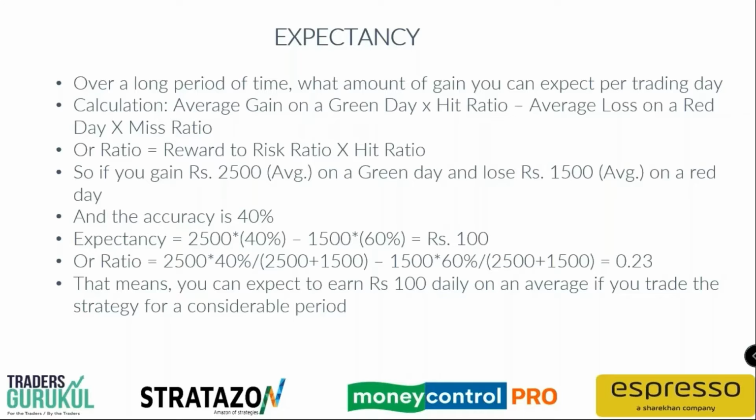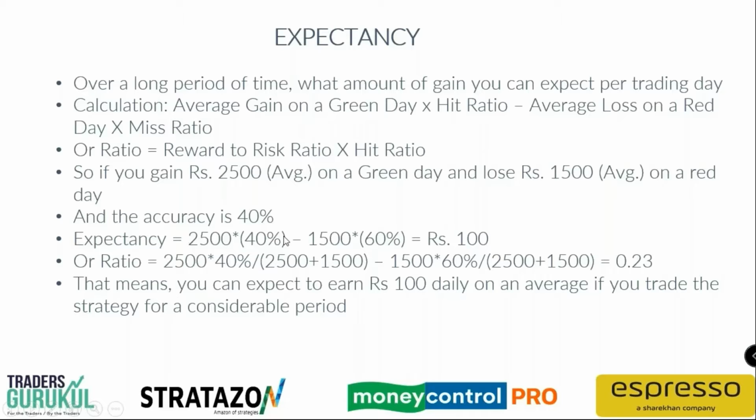So what is the amount of profit per day you are expecting? This is the expectancy. How do we calculate this? It is the average gain on a green day, that is, when your P&L is green and you are profitable, multiplied by the hit ratio. Suppose your hit ratio is 60% and you earn a profit of